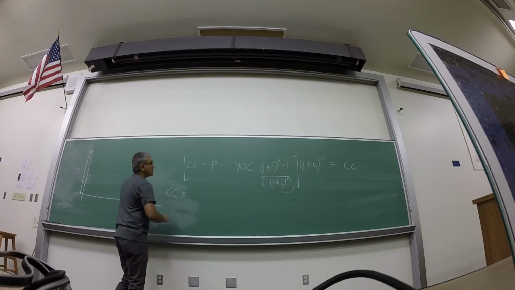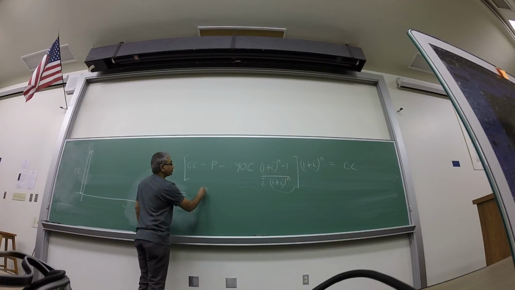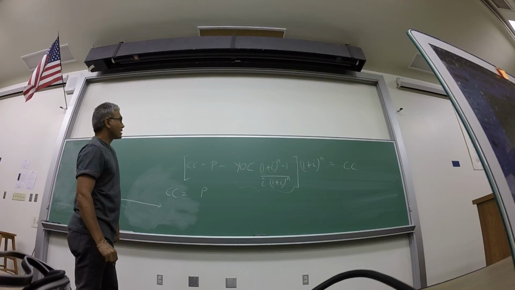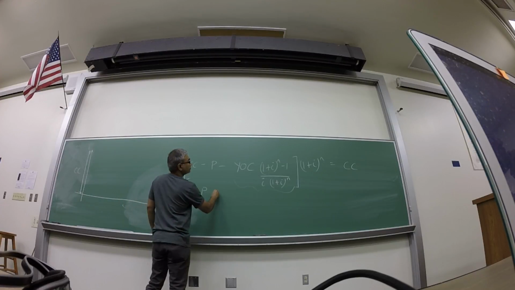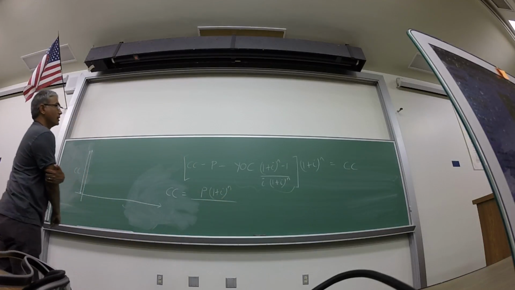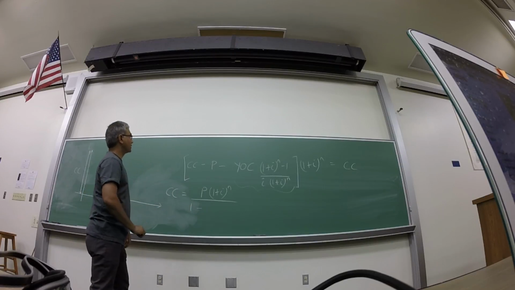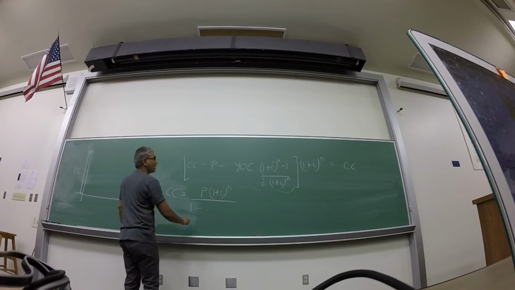So you can say CC will be, of course, we'll have two terms, P, and the term for P is going to be P times (1 plus i)^n divided by 1 minus, sorry, (1 plus i)^n minus